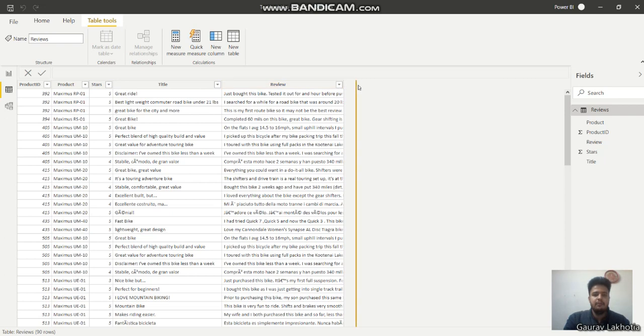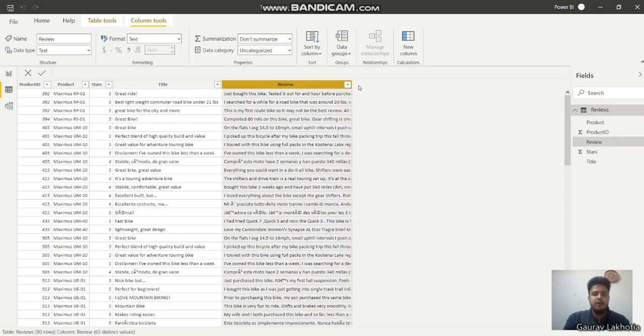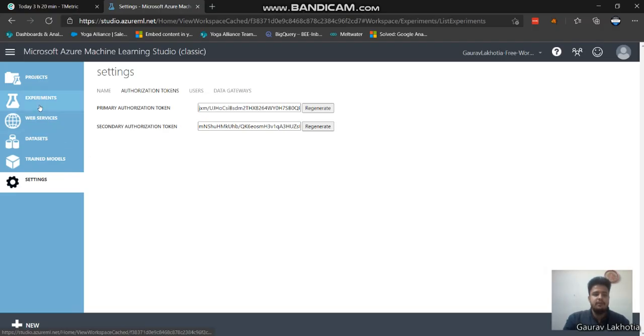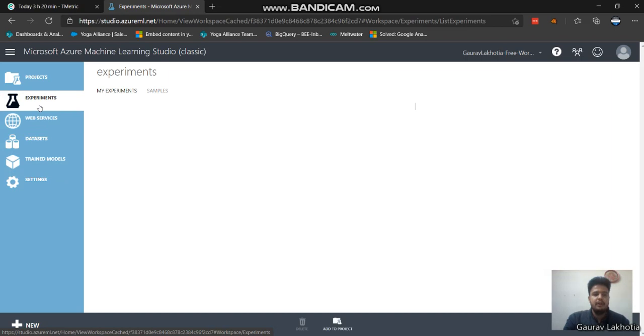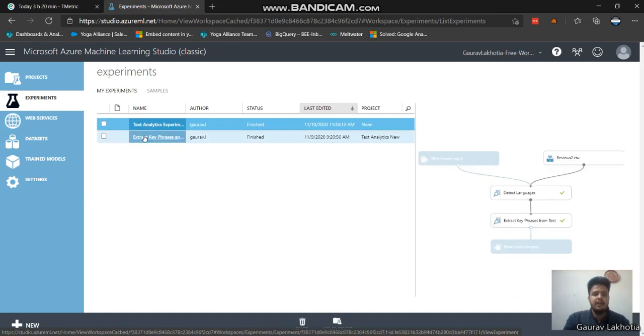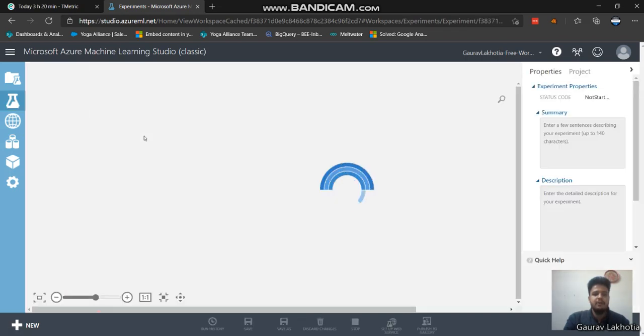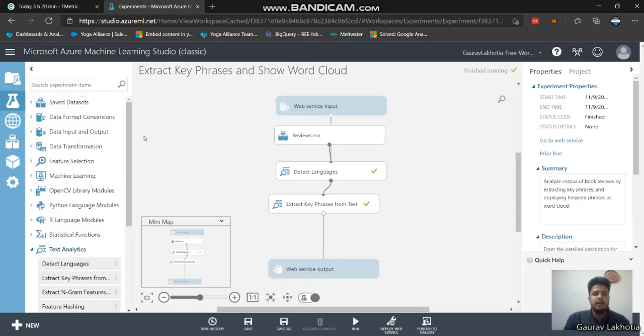Now I'm switching my screen to Azure ML Studio so that I can show you the experiment. This one is my Azure ML Studio, and I have already created two experiments. This one is the one which we are using in this demo.